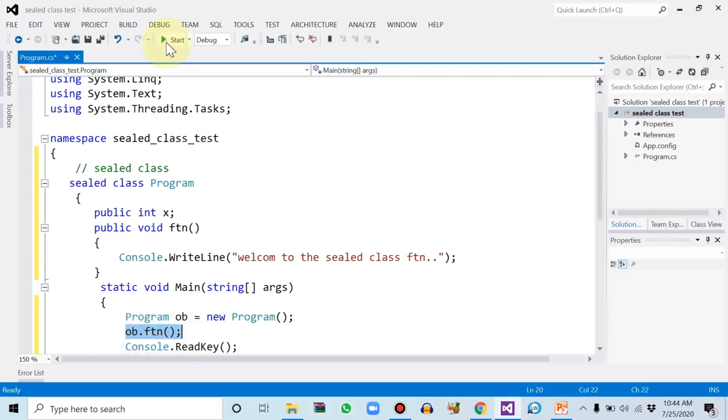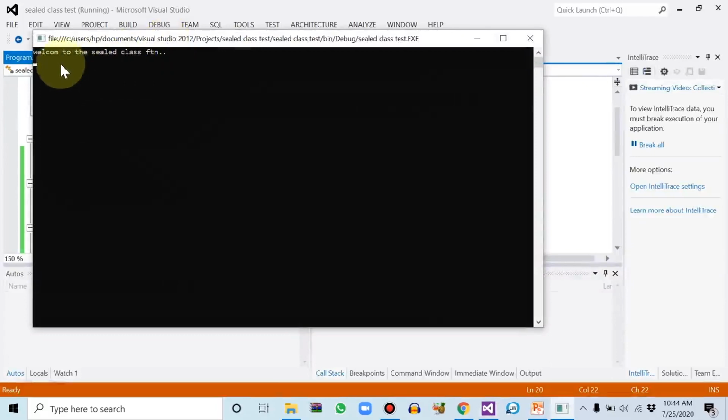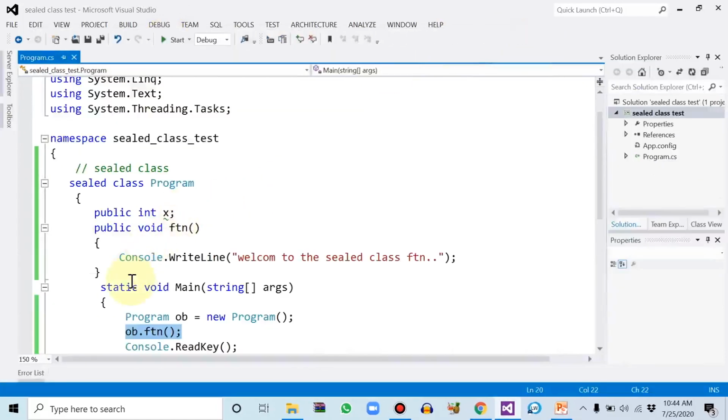So now let's see. As you can see, welcome to the sealed class. It means we can use the sealed class, we can create the object, we can use the data member and member function of the sealed class. But now let's see,